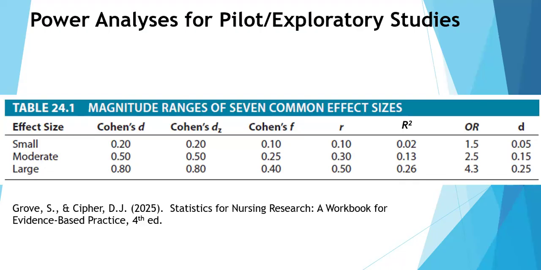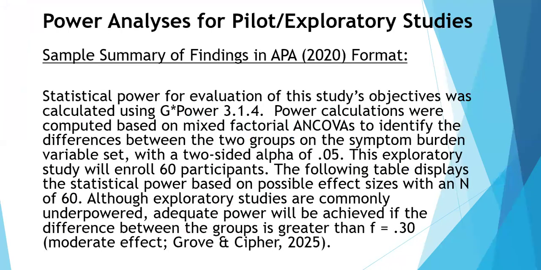Cohen's dz for paired samples. Cohen's f, comparing more than 2 groups. The Pearson R correlation, the R squared for linear regression, OR, the odds ratio, and D, which is short for difference between 2 proportions. Here is an example of how we might write a power analysis section for a pilot